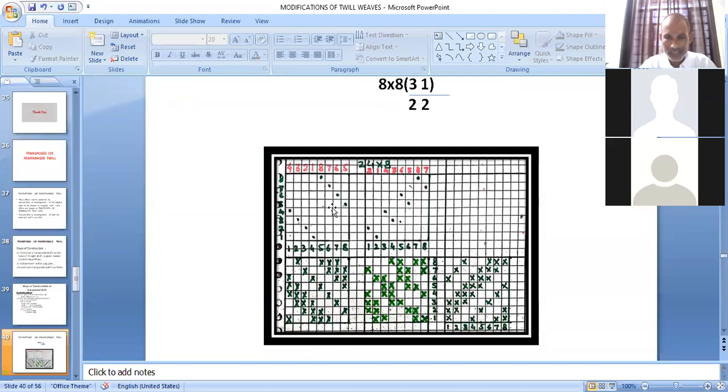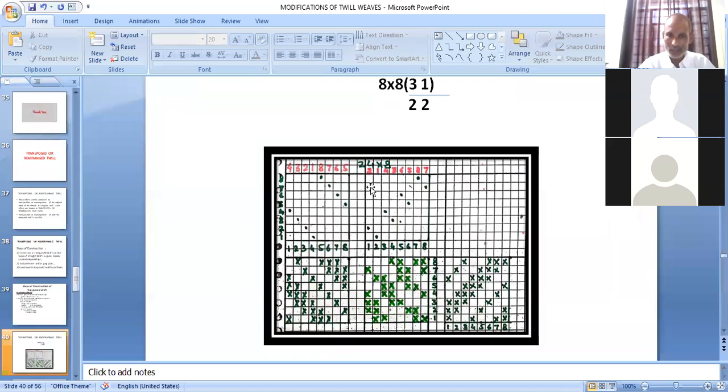And by taking this as a draft and this as a lifting plan, you can construct the design. That method you already know, how to construct a design if the draft and lifting plan are given. So I think there is no need to explain it. Now all of you have understood how we can construct the draft and view from the given draft and lifting plan. So you can construct this after the class.